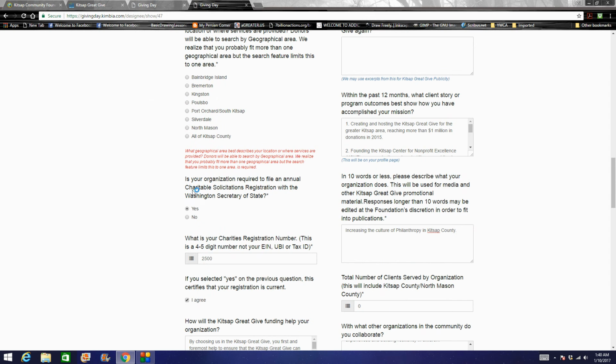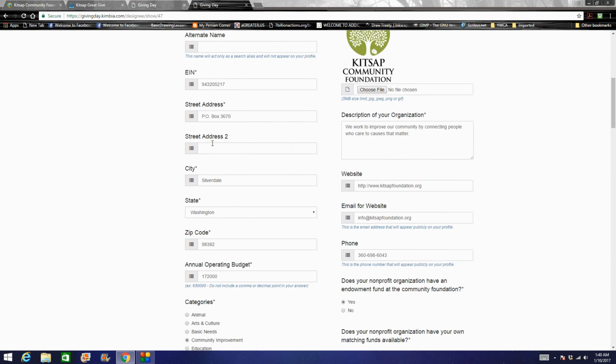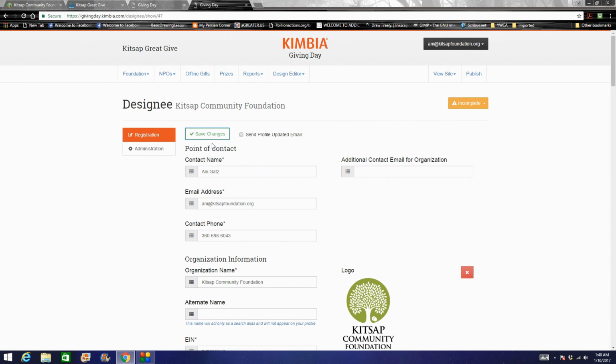checked all the little dots here. I have to do that. However, I am still registered to participate in the Kitsap Great Give. I just have to come back and complete my profile by March 31st. Okay? So that's the scenario if you